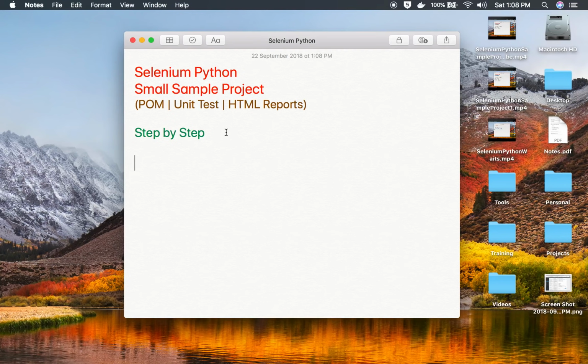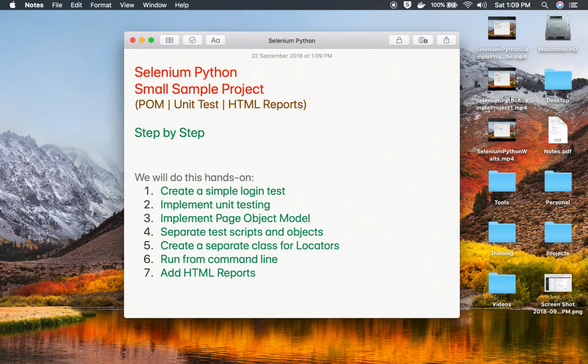Today we are going to learn how to create a very simple sample project in Selenium Python, and we will learn how to implement unit testing, page object model and HTML reporting in our Selenium Python project. So this is going to be very easy and very interesting, and if you are a complete beginner in page object model or unit testing or HTML reporting, do not worry. I'm going to start from scratch and we will go very basic step by step